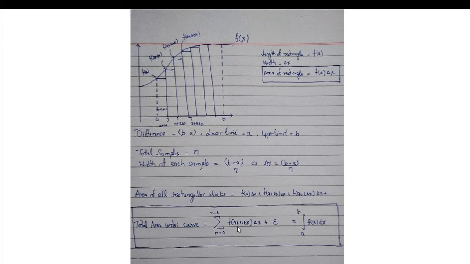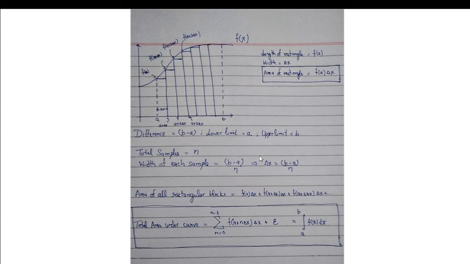But if you want to calculate the area under the curve, how can we do it? We can do it by combining all of this and then including an error function, some error, into it, and this error will be reduced as we decrease this delta x. And how can we decrease this delta x? As you can see, this delta x will approach 0 once n approaches infinity.